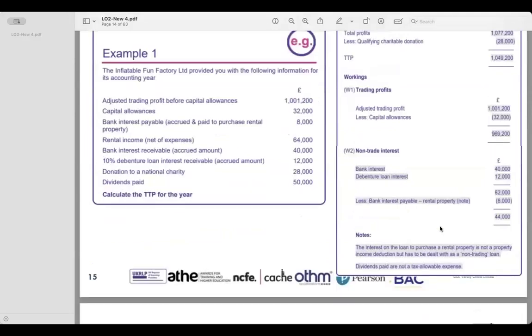So capital allowances: the company claims 32,000 pounds in capital allowances, which are deductions allowed for certain types of expenditure, such as equipment or machinery used in the business. Adjusting trading profit: after deducting the capital allowances from the adjusted trading profit, we get the final trading profit of